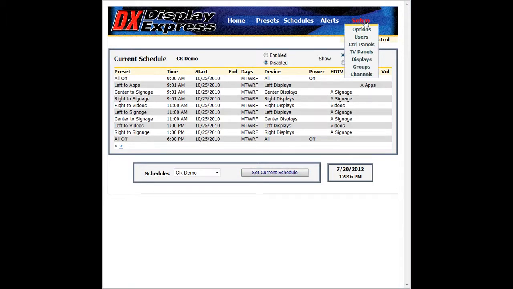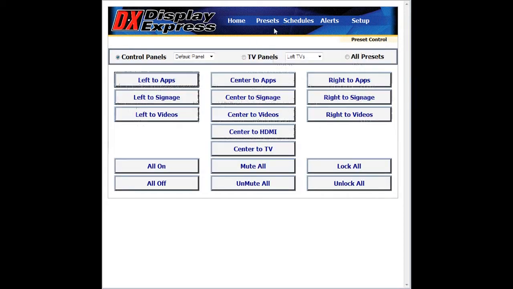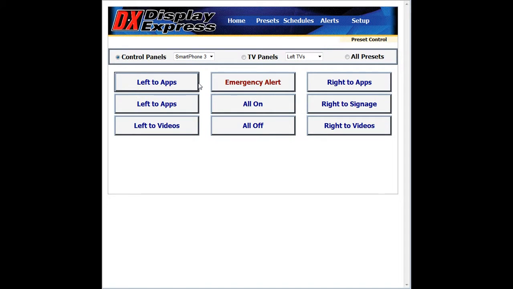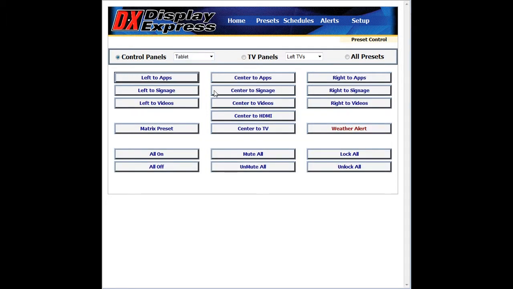We're now going to set up control panels and then what rights people have to access panels and other features in the system. As you remember, with the control panels, presets can be assigned to buttons, and you can arrange them in patterns, much like a control panel. And I can switch between, this one is typically for a telephone. This works pretty well on my iPhone, actually. And then maybe a tablet designed more to optimize, say, an iPad or a larger